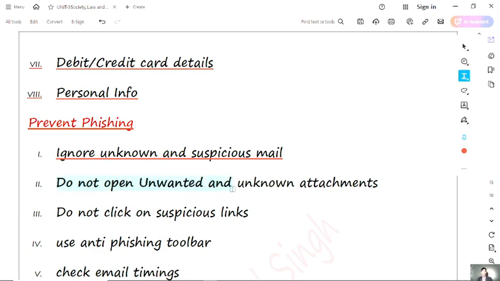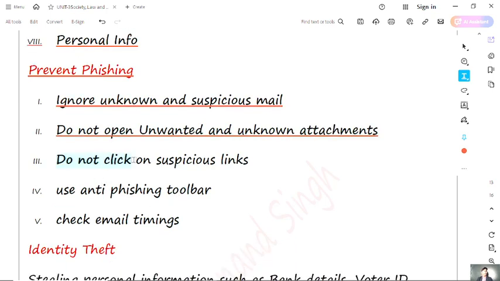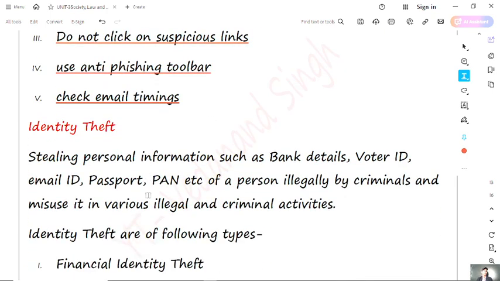Then do not open unwanted and unknown attachments. Never open an unwanted attachment. Do not click on a suspicious link. Never click on any suspicious link. Also use an anti-phishing toolbar, which is already available in the system. Now check email timely. You should check the email timely. Next